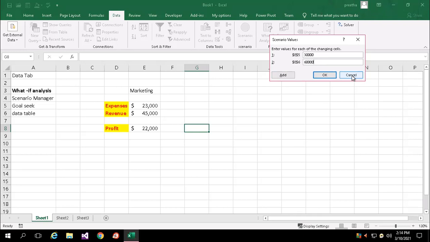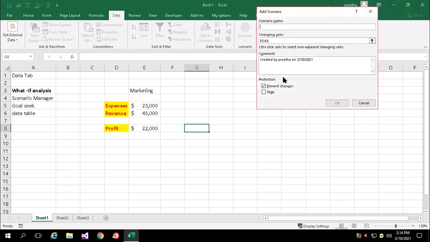Whatever you are planning, whatever your forecast, and how much input you give, what output you are expecting, for all these analyses, I can use scenario manager. So now I selected only two input cells and the name I have given is finance. Let me assume this is for the finance department. Then add another department. Now let me say sales. So it's for the sales department. Next, the changing cells, automatically it has taken E5 and E6.